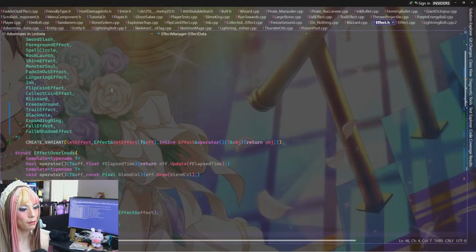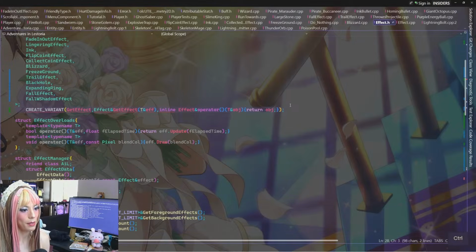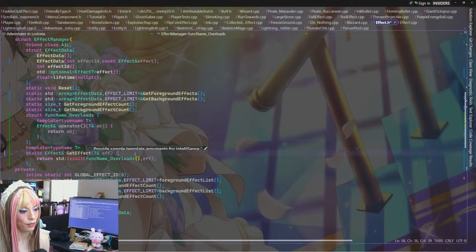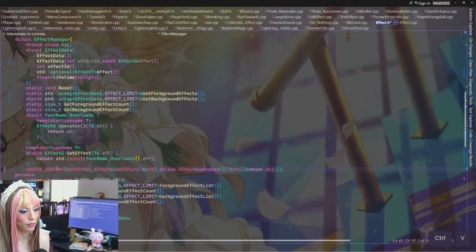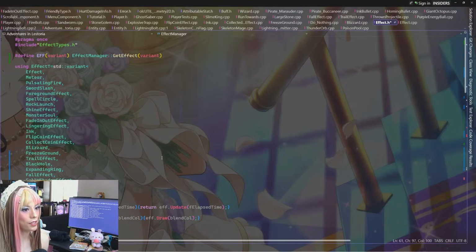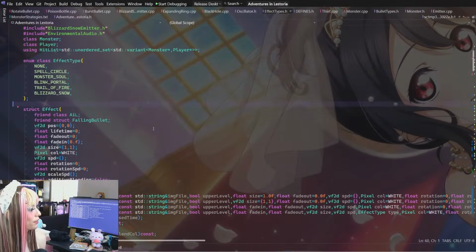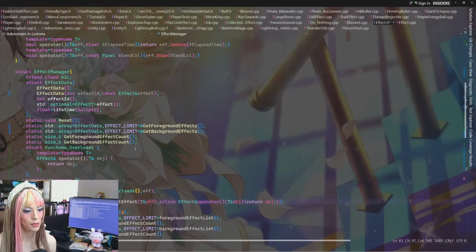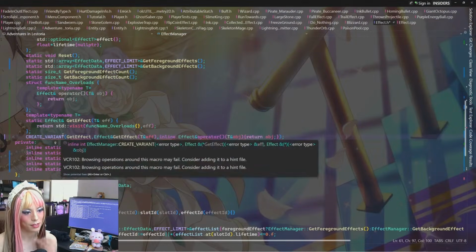So now missing... This needs to be down here. This function doesn't exist, does it? Where did my create variant go? Right here. Oh, I think I just kind of broke that up, so it's not defined variant or create variant anymore, is it?